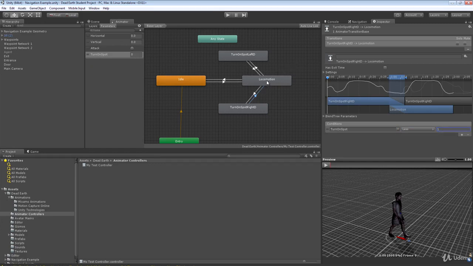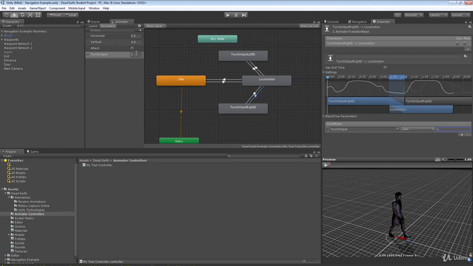And what I'm trying to do here is detect when the nav agent has stopped, even if just fractionally, such as when it reaches a waypoint and it's about to change direction. And then I'm going to set this turn on spot value to either -1 or 1 respectively, and I'm also going to zero out the speed of the nav mesh agent until the desired velocity goes up above a threshold. So basically we're going to stop the nav agent from moving for a little bit